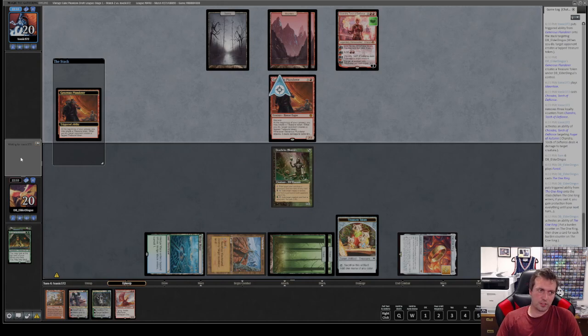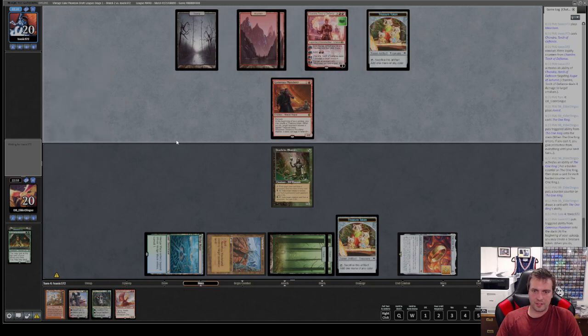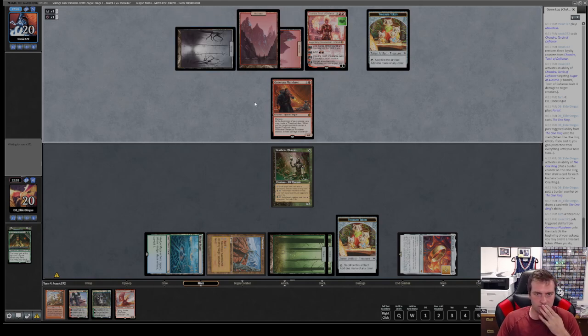Are they going to give me another treasure? If they do, we have a Goldspan next turn. They did not. No, they...